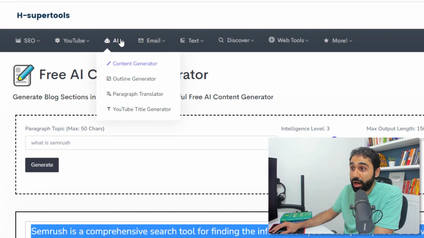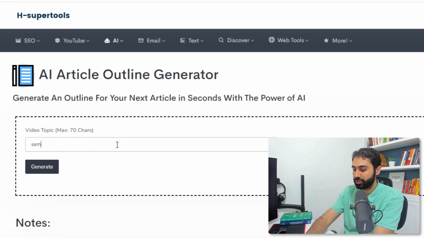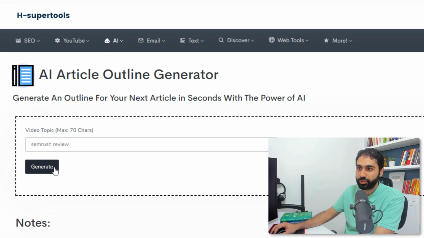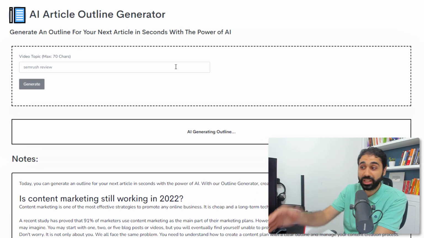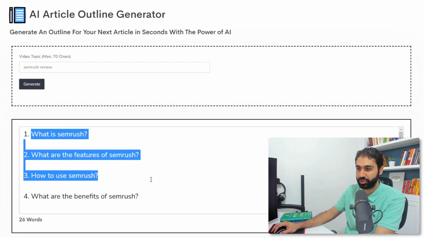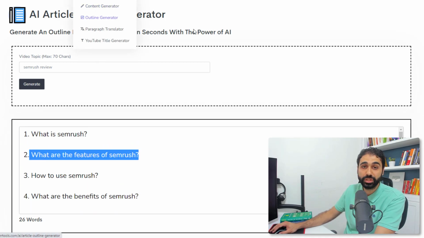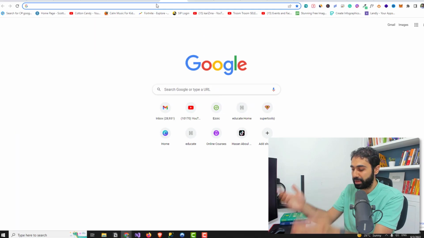Also, you can go here to AI outline generator, and let's say the product is again SEMrush. So SEMrush review, generate, and now this free tool will give you the outline. So all these tools are free. What is SEMrush, whatever, you have these topics. You can write these in the content generator, or simply if you have some budget you want to use, you